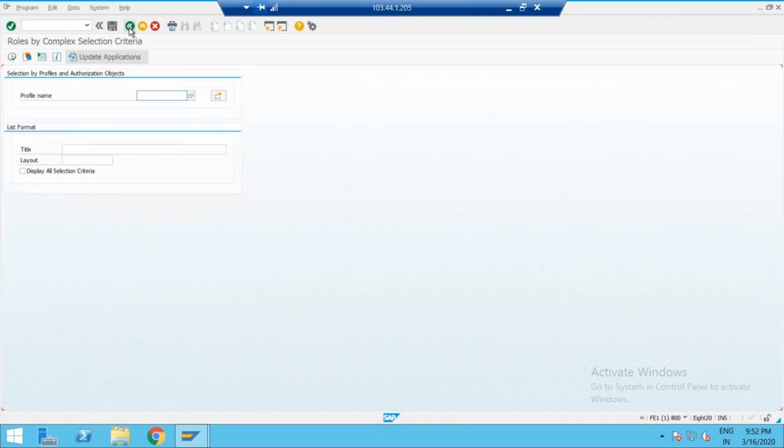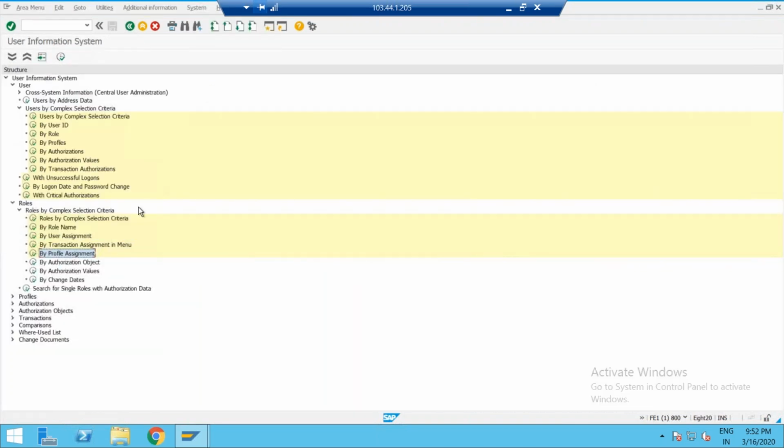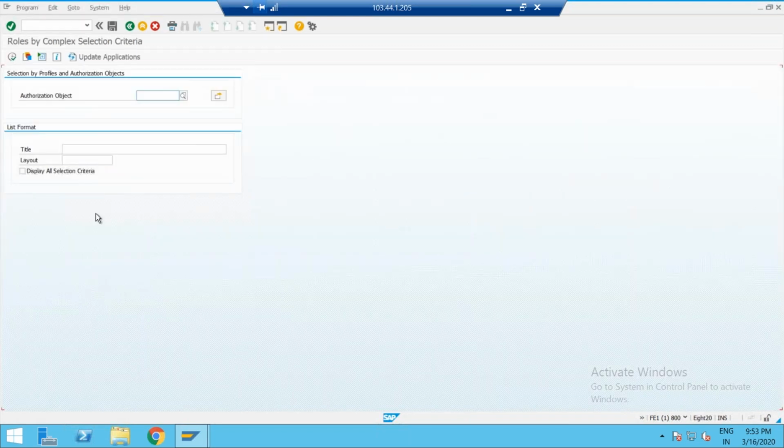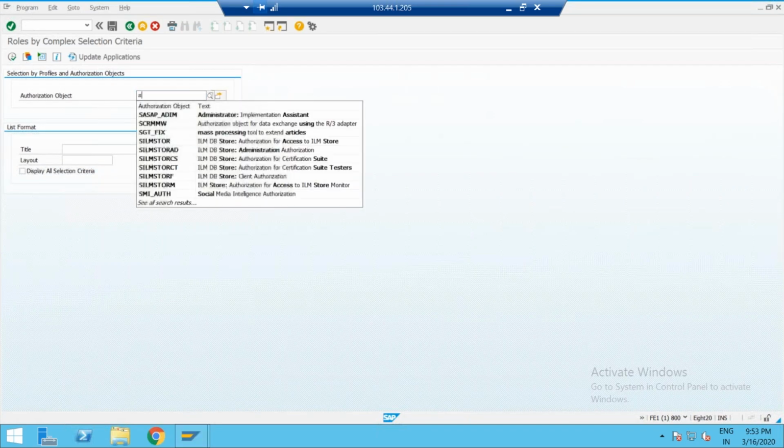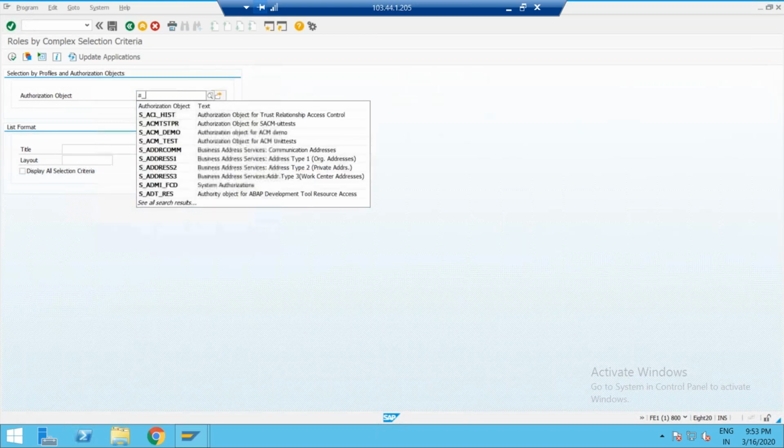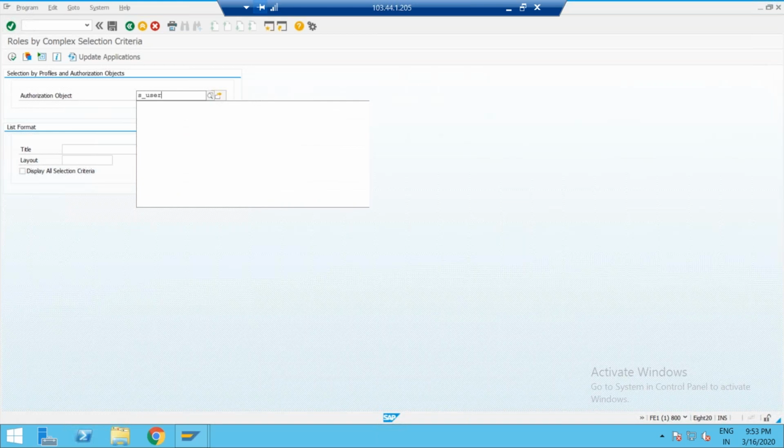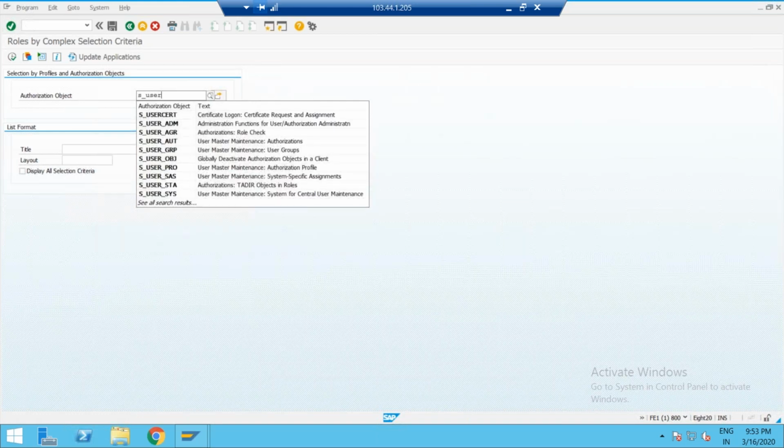Go for authorization object base. Give any authorization object, and see how many roles have that authorization object. Okay, fine. S_USER_GRP.